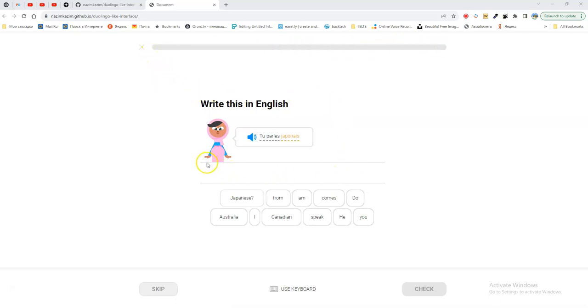Here we have the place where a student can listen to "Tu parles japonais?", the entire sentence, or to listen to "Tu", "parles", "japonais" by hovering onto the word like that. And here he or she can click on the word,